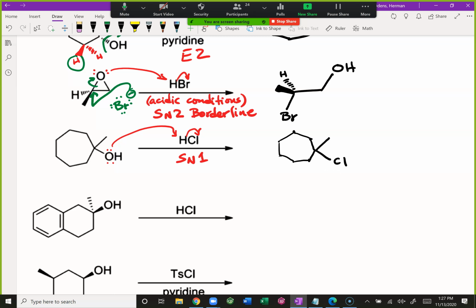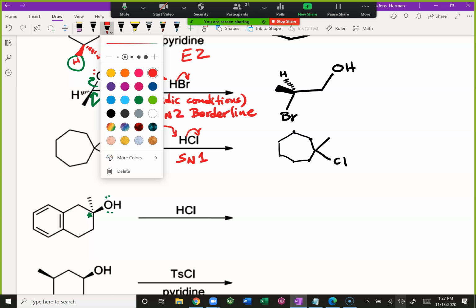We have a chiral center here. I put a little star on it. If you have 4 different things attached, put a star on it. So you have 4 different groups attached. Notice that the distance from here to the ring is different than from here to here. So that makes these 2 groups different. And so OH,